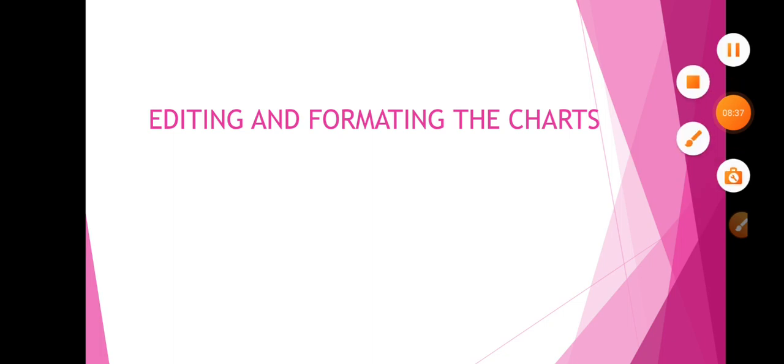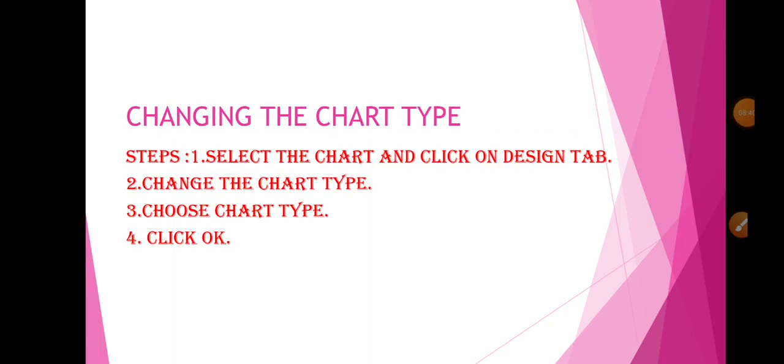So now we will see how to edit and format. Changing the chart type: select the chart and click on the design tab. You have to select the chart. Whichever chart you want to edit, you have to select it, and after selecting you have to click on the design tab.